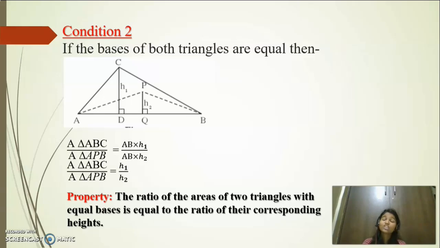corresponding heights. Students, please be careful about this word corresponding. If you are writing some triangle in the numerator, then you will have to write the base and height of that triangle only in the numerator. And the base and height of the triangle which is written in the denominator will go in the denominator. Please don't get confused in this, because I have seen many students getting confused. So if you are writing some triangle in the numerator,